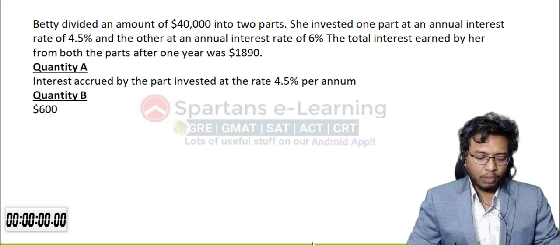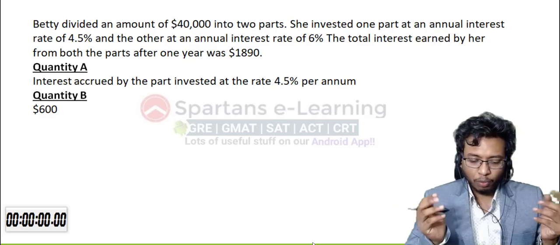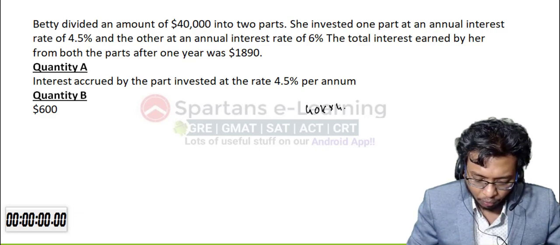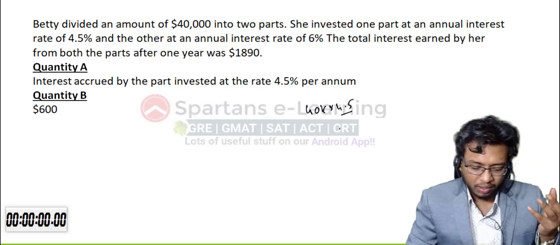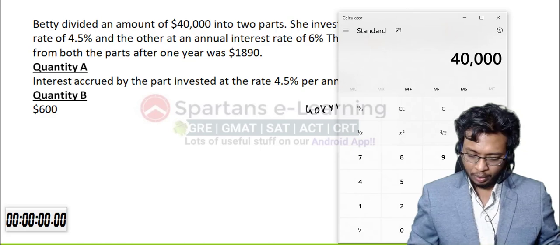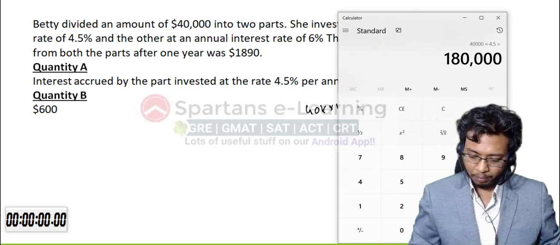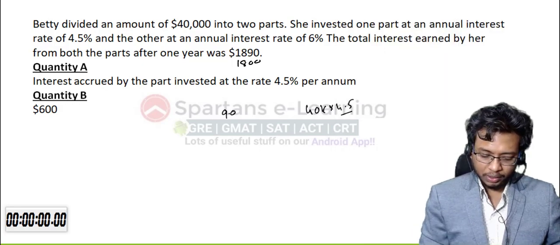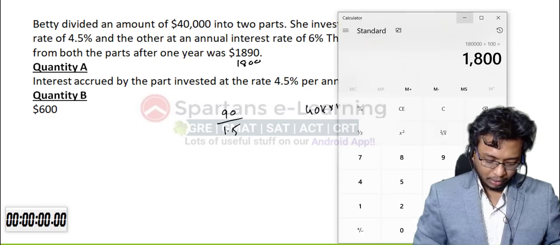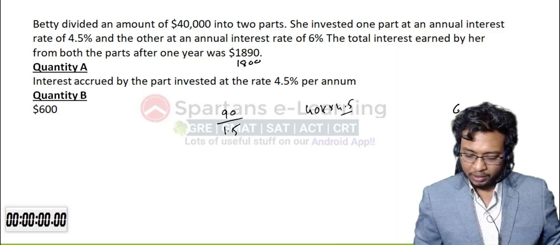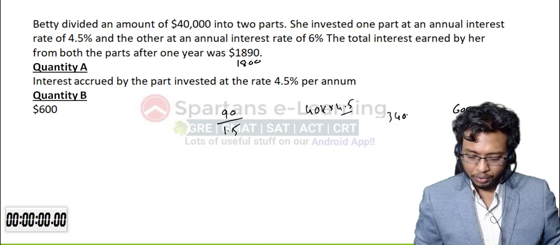Right, how you solve is 4.5 and 4.5 plus 1.5, 4.5. Here you can at least use a minimum pen. So 40k into 4.5%, use your pen, or else 40,000 into 4.5 by 100 gives you 1800. So 90 excess. So your answer will be 90 by 1.5%. So the amount he lent at 90 by 1.5 into 100 should give me 6,000. So 6,000 he lent on one part and 34,000 he lent on another part.